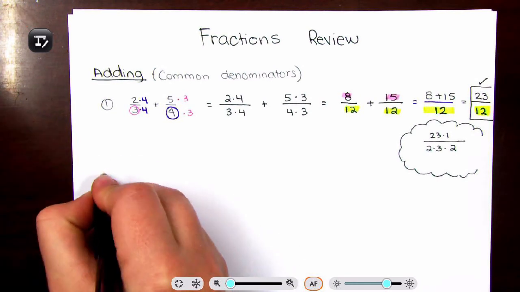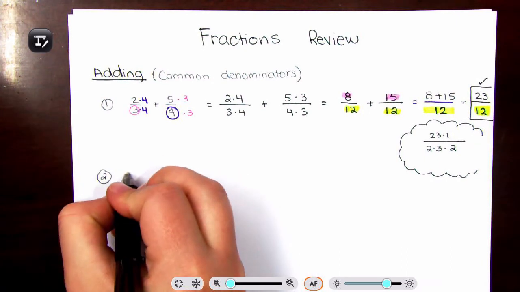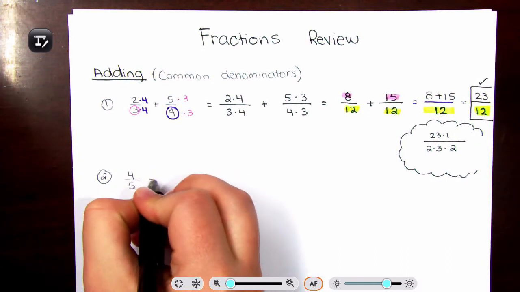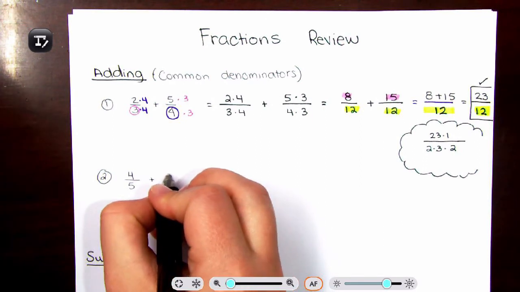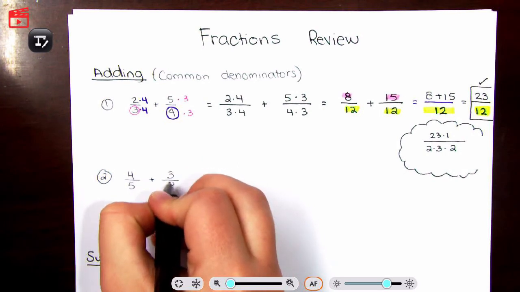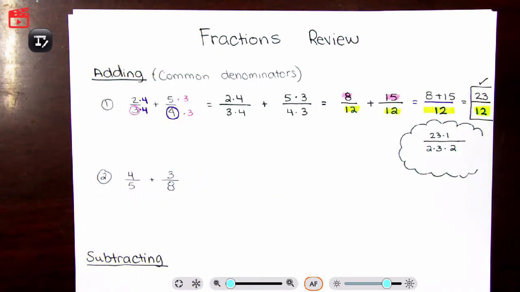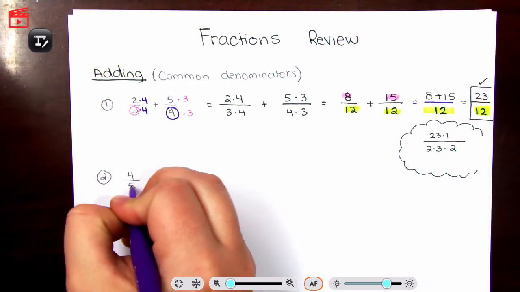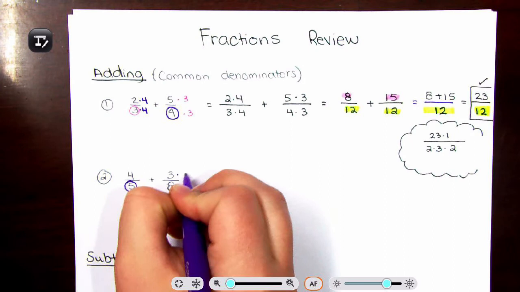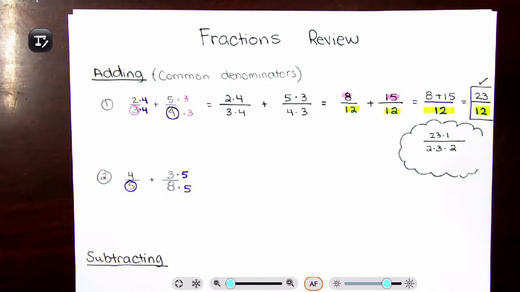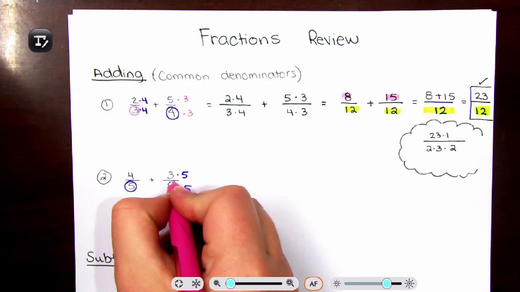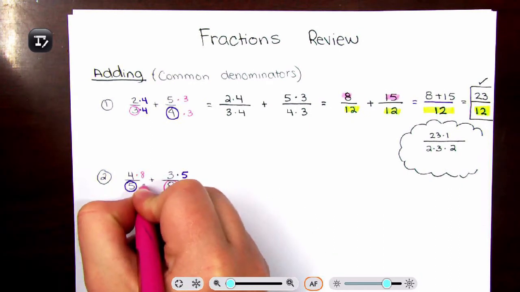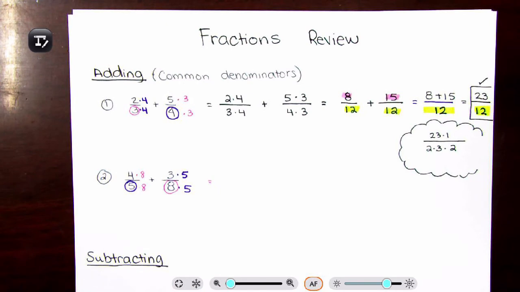I'm going to have, let's do 4/5 plus, let's do 3/8. Again, take the numerator and the denominator. You're going to have that be multiplied by the opposite fraction. So this is the 5. I'm going to multiply 5 top and bottom here. Now the next one I have is an 8. I'm going to multiply top and bottom here. And so that gives us